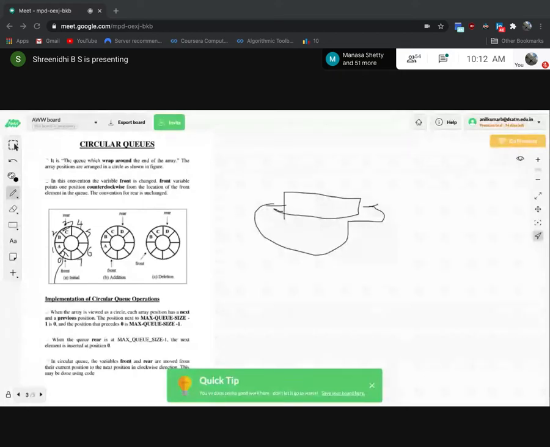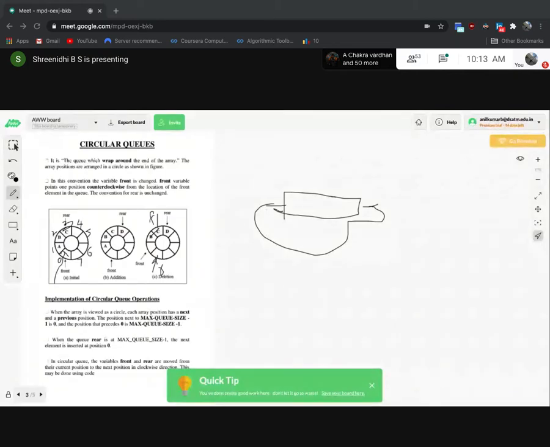So now the rear is pointing here. Consider the rear is pointing here. After deleting these two elements, the front is at this position, F, right?